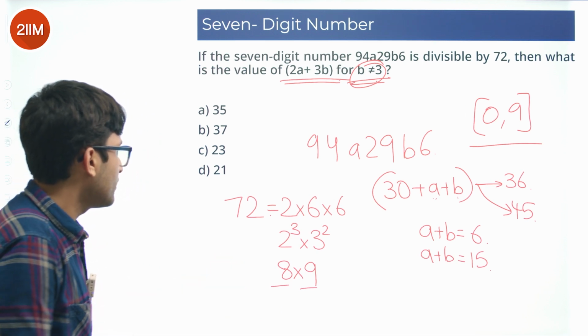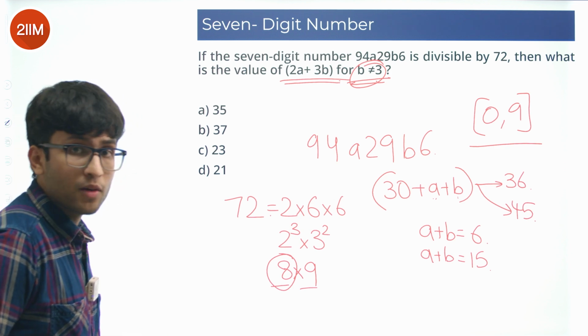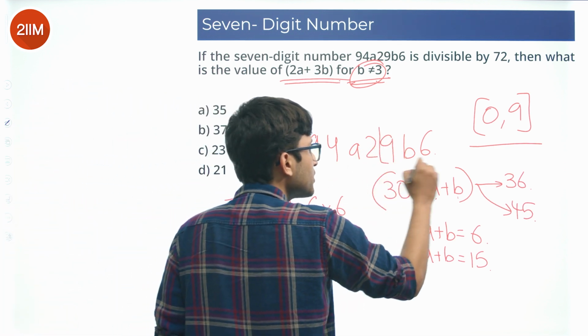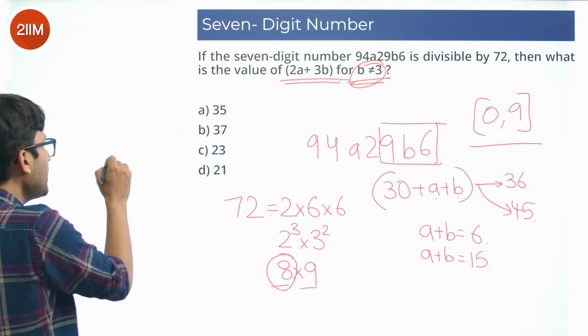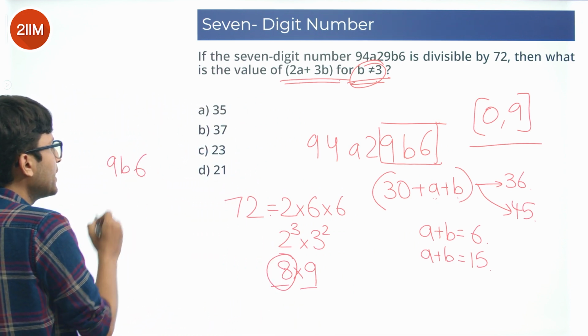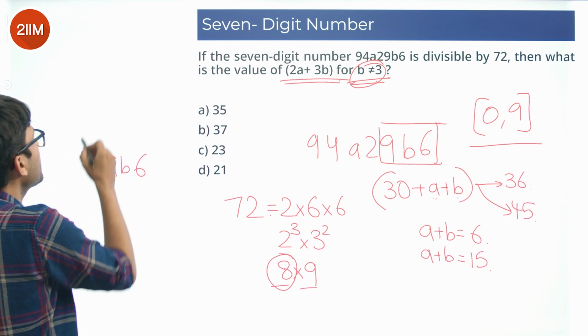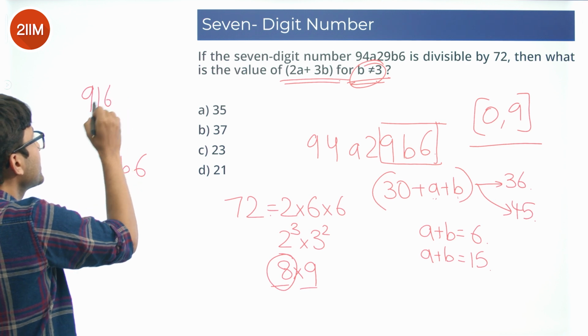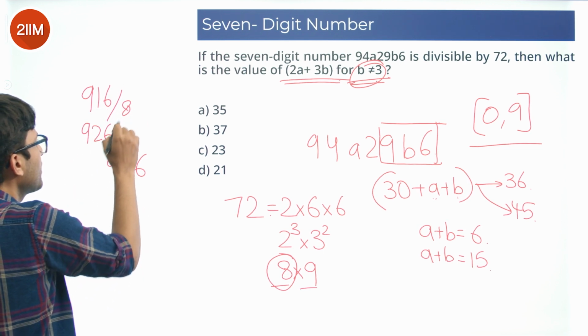Now the other divisibility is divisibility by 8. For divisibility by 8, the rule is the last 3 digits of the number should be a multiple of 8. So 9B6 should be a multiple of 8. But we don't know what the value of B is, so one by one we have to take all the cases. 916 divided by 8, 926 divided by 8,